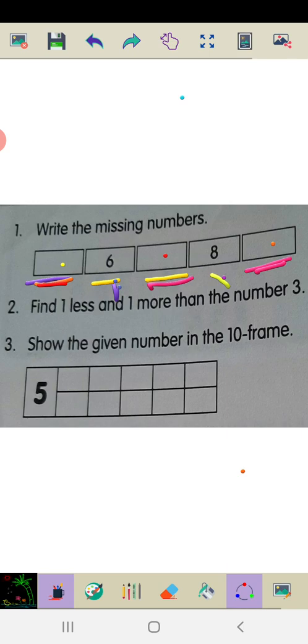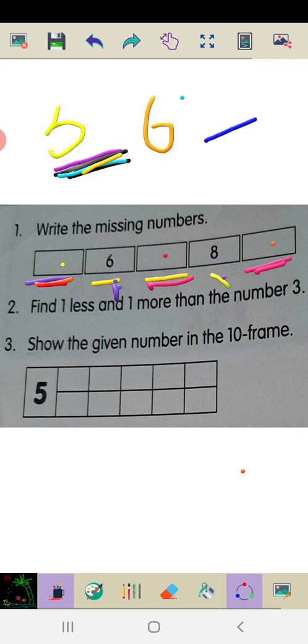So there is a 6 here. What is the number before 6? There is 6 here. I want to write a number here and a number here. Which number should it be here? This number is before 6. Left of 6 is before 6. So what is the number here? Before 6 is 5. If you read the numbers in forward counting, the number should be 5 here.